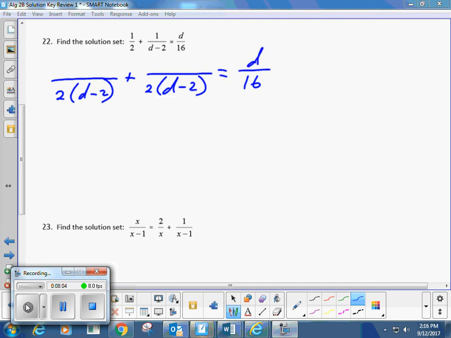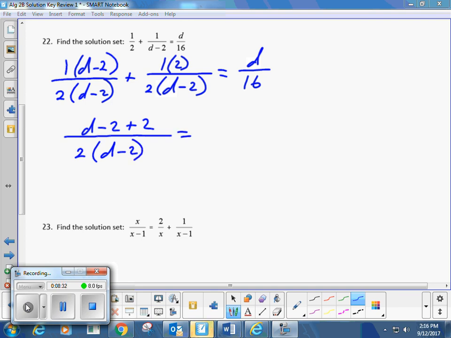Now this fraction already had the 2. What it needs is the d minus 2, so let's put that up top. And there was a 1 out there if you want to see it. This fraction had the d minus 2. What it needed is the 2. So here's the 1 that was there in the first place, and this is the 2 that I'm putting in there. All right, so what we have now is d minus 2 plus 2 up top. And on the denominator we have 2 and then d minus 2. Here's our d over 16. The 2's add up to 0, so they're gone. And I've got d over 2 times d minus 2 equals